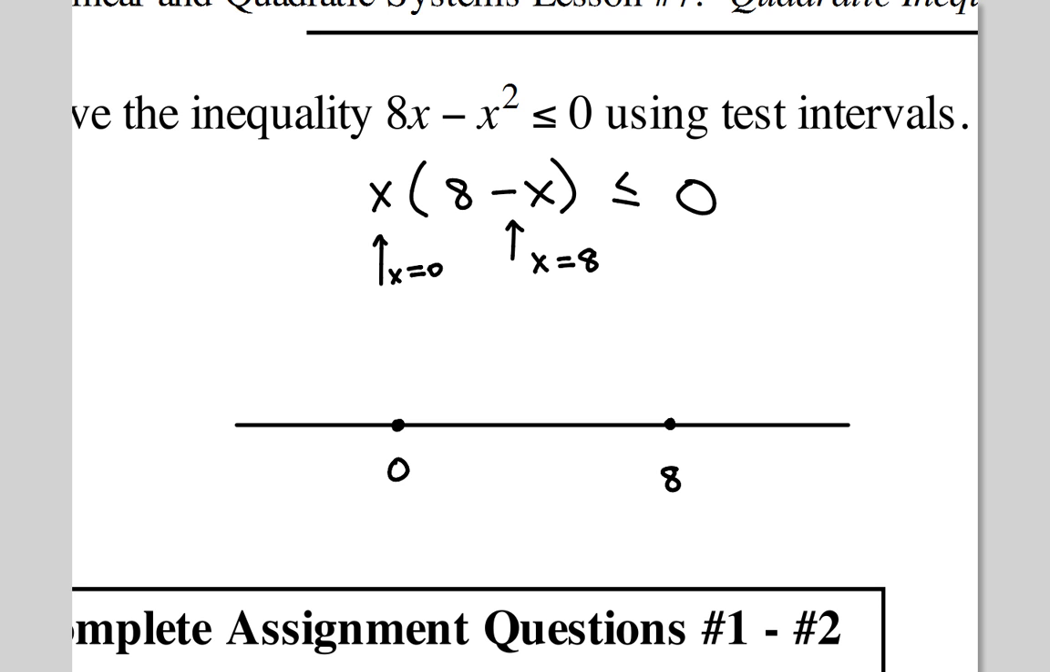Okay, now use some test points. Here, test -1. This would be negative. This would be positive, because 8 minus -1 would be positive. So negative times a positive would be negative. Okay, what are we going to test in between 0 and 8? 1. Good. Test 1. Positive times